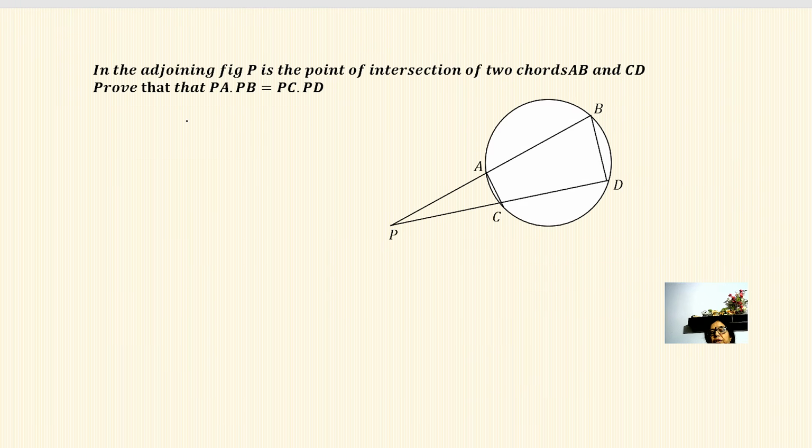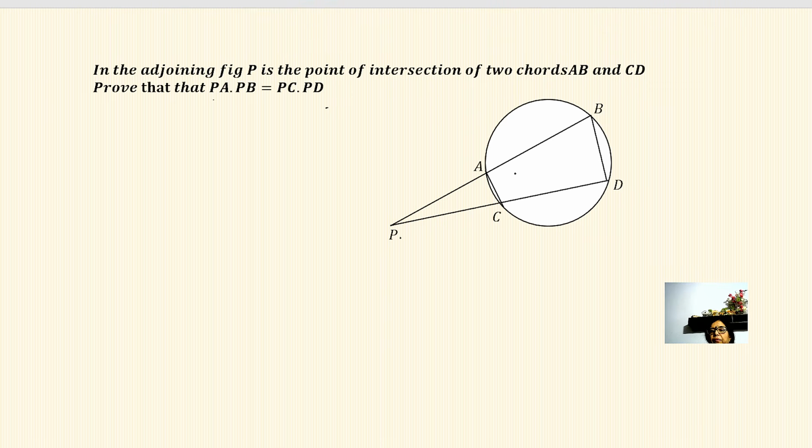Moving on to the next question, again we have a circle, and when you look at this question, you find the same concept has to be proved. But here there is a slight difference because the chords are meeting at an external point P. Here we have a chord CD which has been produced, that is DC has been produced to P and BA has been produced to P. The important concept to be understood here is that ABDC lies on a circle. So this becomes a quadrilateral ABDC, and it is a cyclic quadrilateral because all four vertices are lying on the circumference of the circle.